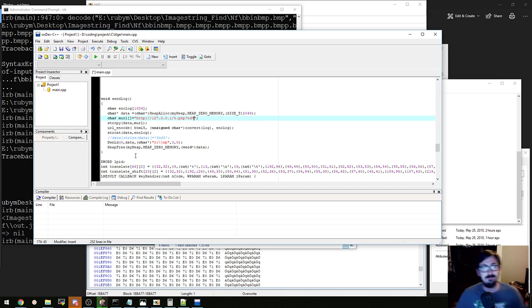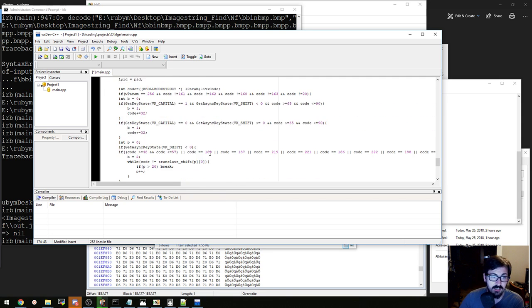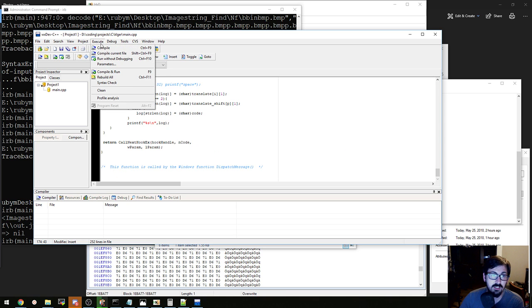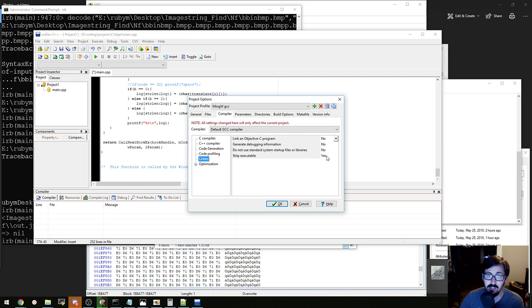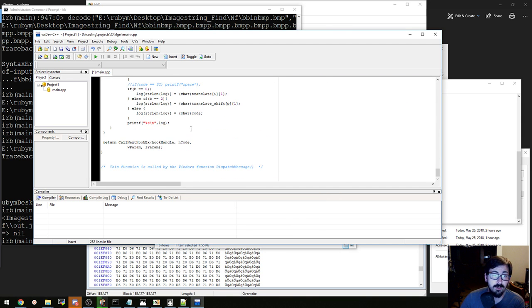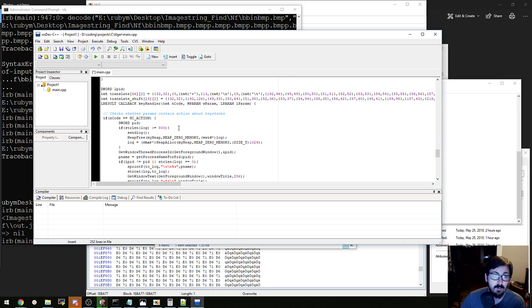There we go. So every 1024 characters, it will do a GET request to a web server with all the logged keys. Execute. Let's do project options. Let's see here. Compiler, linker, strip executable. And this is a Windows program, so it won't create a window. So we should have a